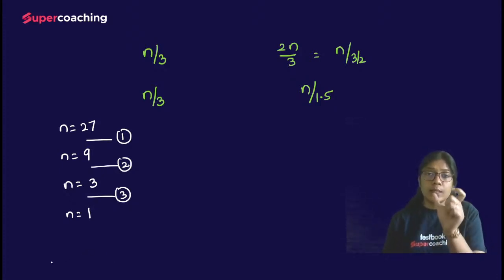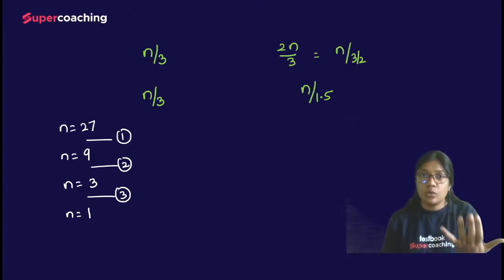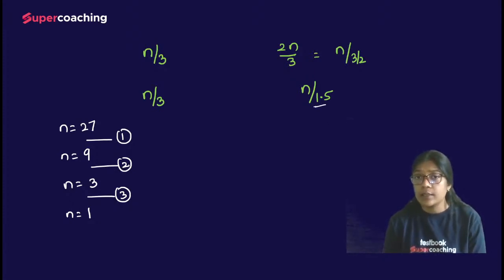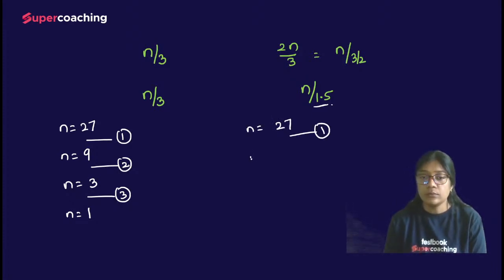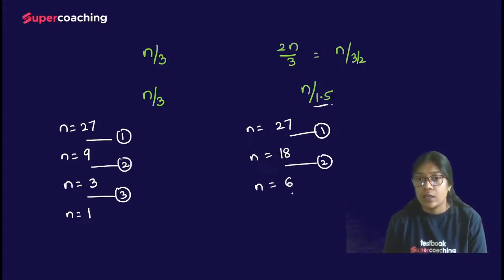Moreover, we know that किसी भी number को आप greater value से divide करते हो तो it will reach to 1 in less number of steps. Here we are dividing this by 1.5. So 27, n is equal to 27 first level. 27 divided by 1.5. So it comes around 18. Then next one is again divided by 1.5. It comes out to be somewhere around 6 divided by